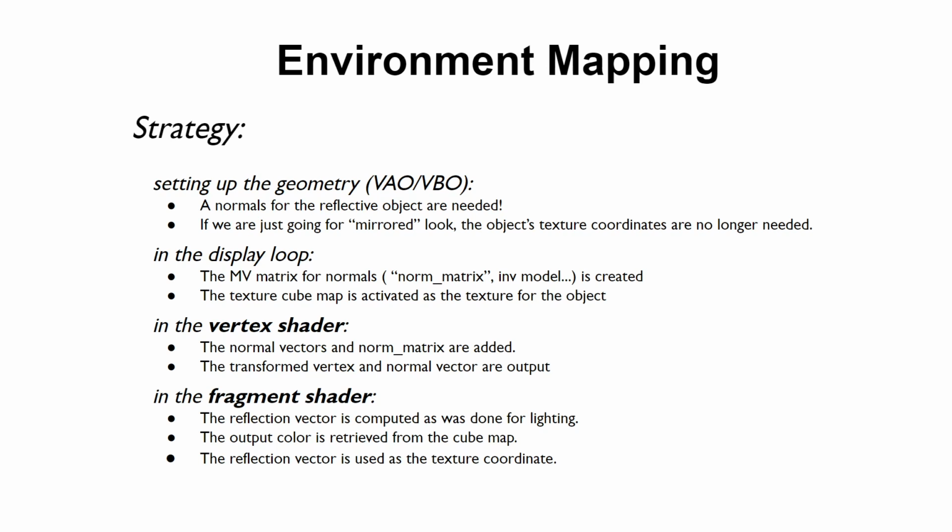First off, you have to make sure you set up your geometry. So your normal, humble VAO, VBOs. You're going to need normals, just like we needed them for our lighting, we need them for our environment mapping. And one cool thing is if you're just going for a mirrored look, we're not going to have any texture coordinates, any color, any of that. We're just going to assume that the surface of the object is whatever it reflects. So in some cases, you can even simplify your model if you know that it's just a mirror, you're just getting textures from there.